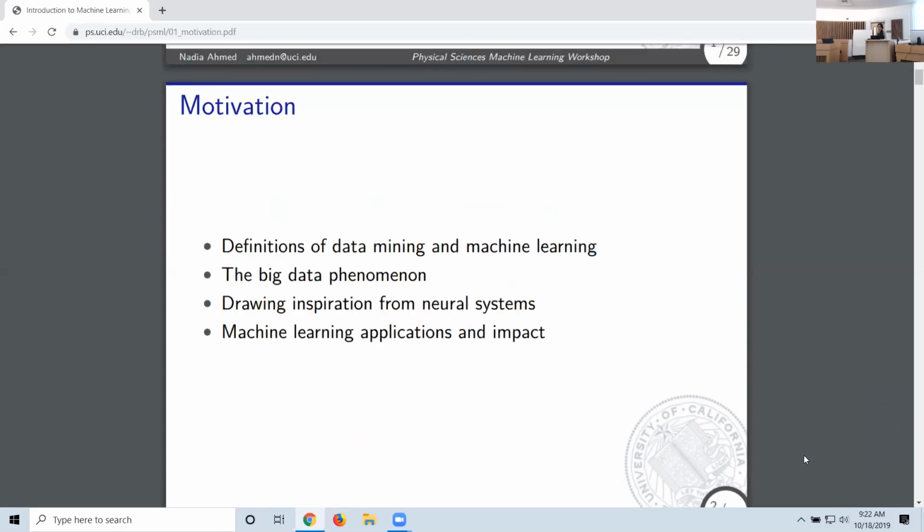Okay, so what are the motivations for machine learning? Well, there are certain things that we have to take into consideration. The number one thing is, well, do I have a data set? Do I have a large data set? Do I not have any data at all? First of all, where can I find data? So there's this question of data mining that comes up that's kind of a partner to machine learning, because without really data, you can't do much unless you employ more complex models and make specific